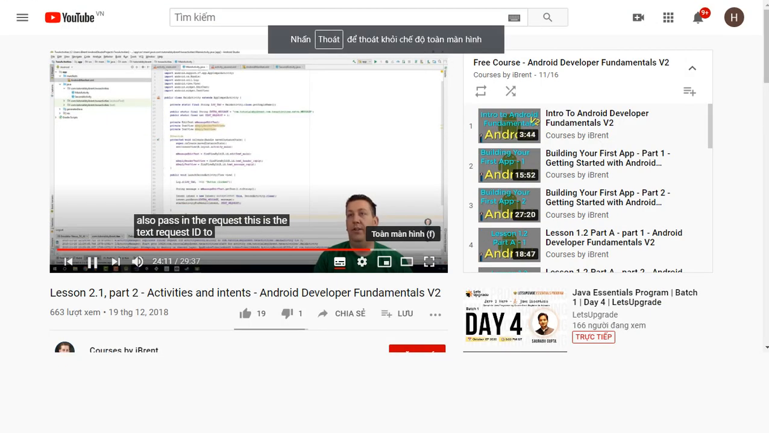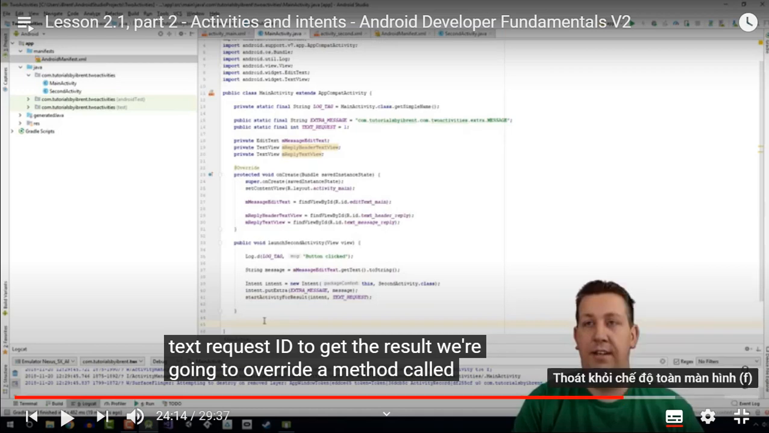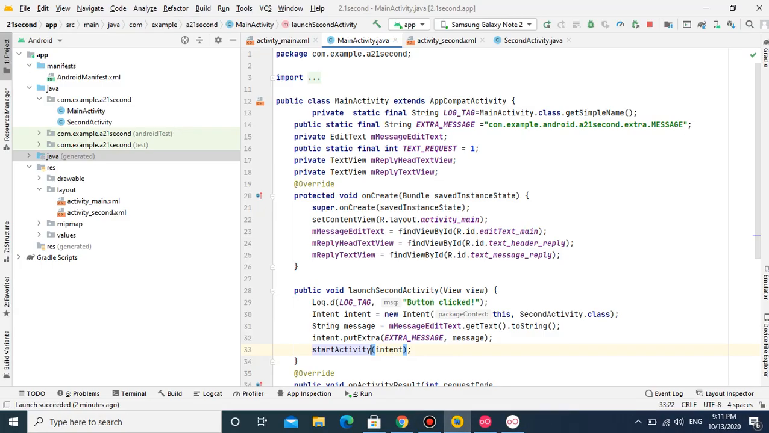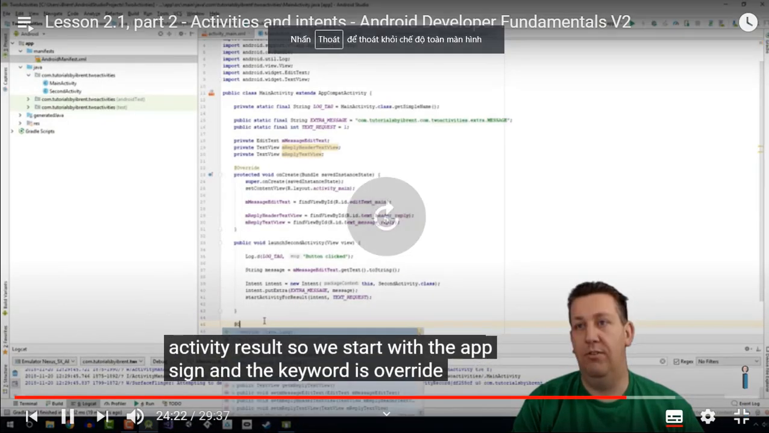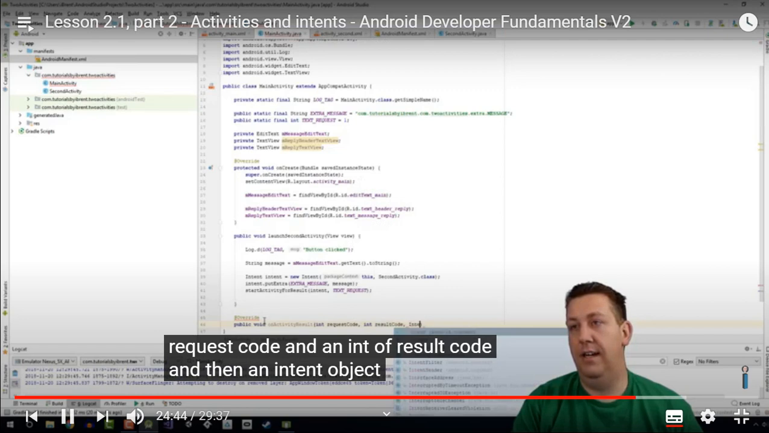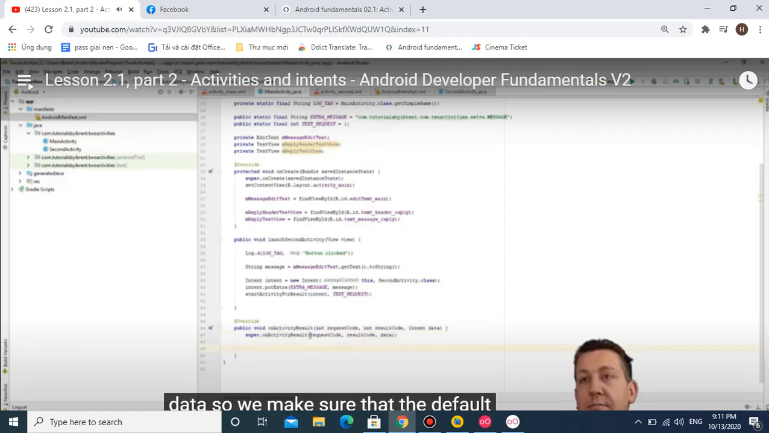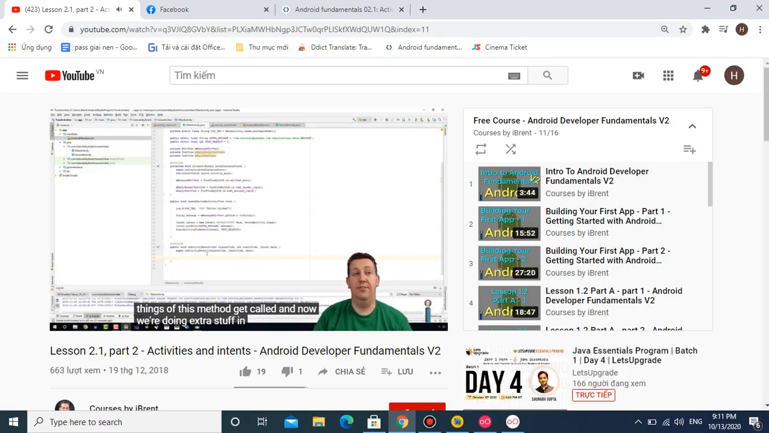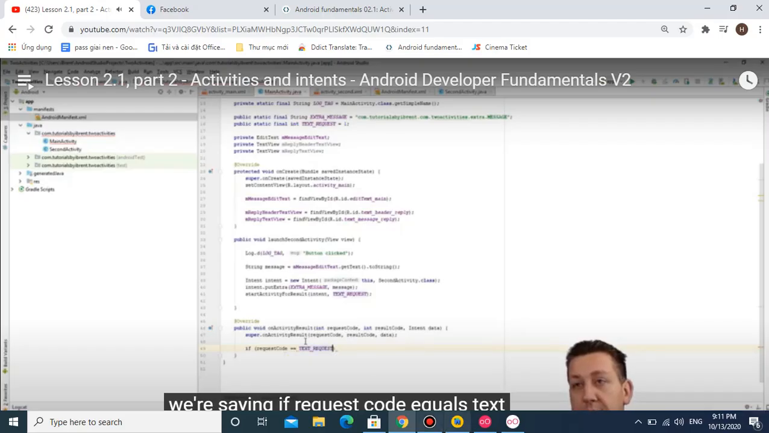ID. To get the result, we're going to override a method called onActivityResult, with an intent, and call super.onActivityResult. So we make sure that the default things of this method get called, and now we're doing extra stuff. If request code equals TEXT_REQUEST